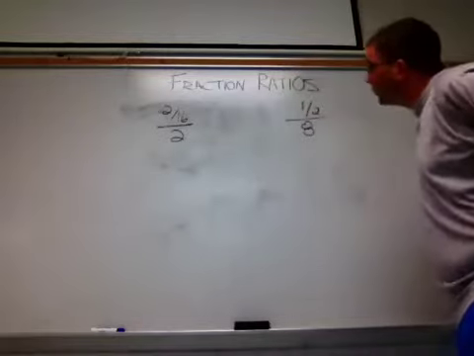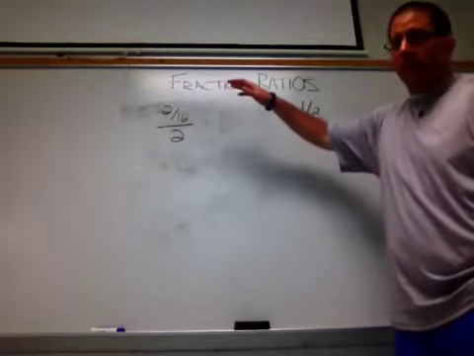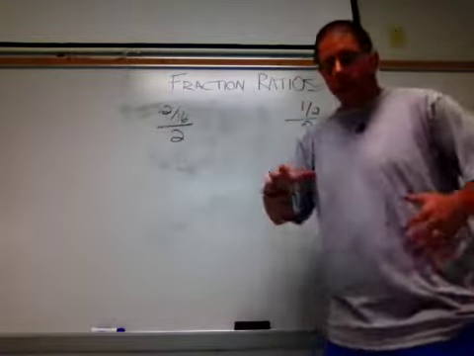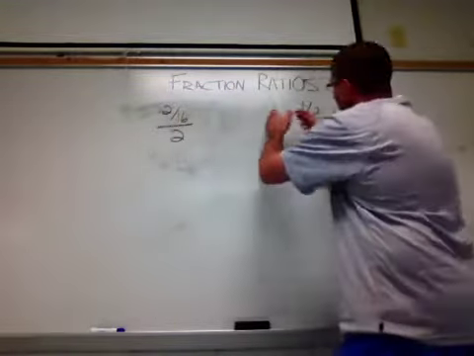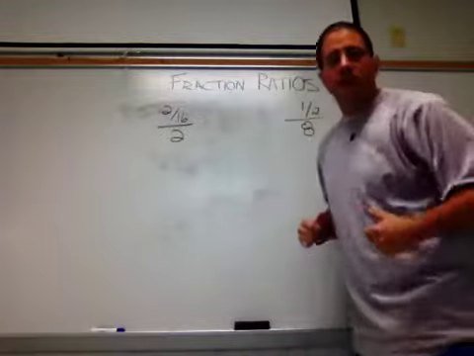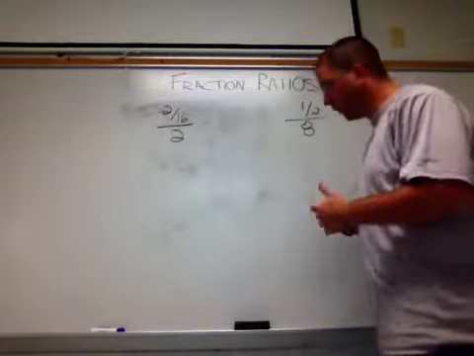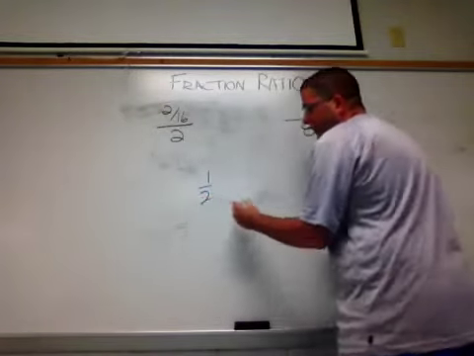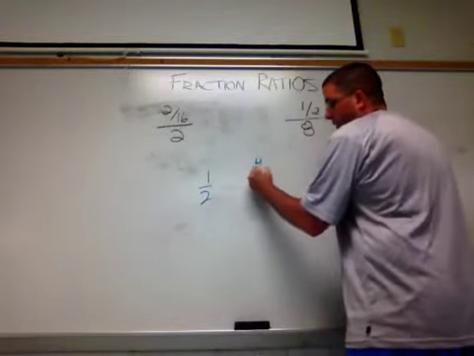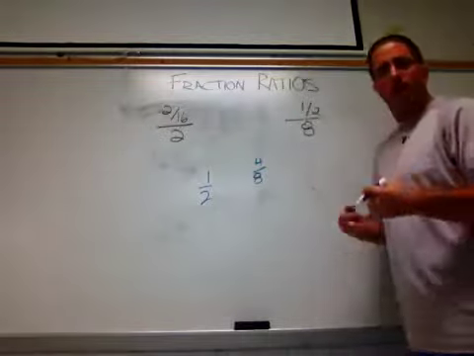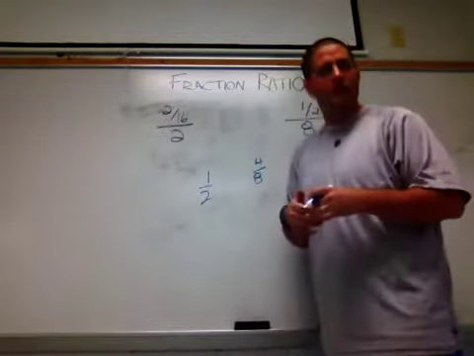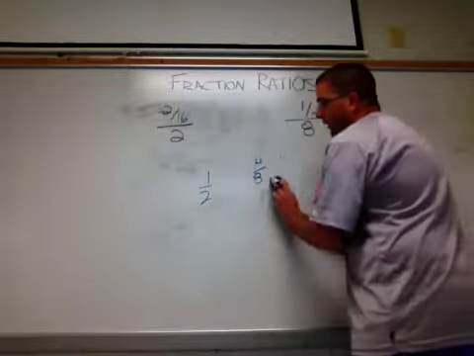I want to go over real quickly about a fraction ratio and how you're going to determine if a fraction ratio or a pair of fraction ratios are equivalent to each other, because we've been going over regular ratios like a 1 to 2 ratio and a 4 to 8 ratio, and we talked about how you would simplify those to decide if they're equivalent or not. And everybody can do that. But